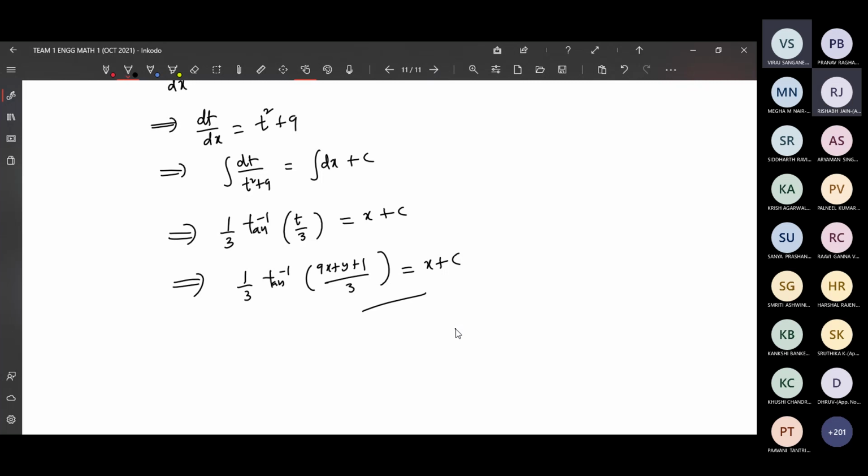Yeah. So what if we let 9x plus y equal to t instead of 9x plus y plus 1 equal to t, so that I get an explicit function? In that case, what are the changes you are getting? Sir, I'm getting x plus 1, whole square plus 9, t plus 1 whole square you have to write, right? Sir, in this case also we can make it explicit, right? We can take tan on both sides. Then on this side only 9x and y are left. So take the x to the other side. On the left hand side we will have only y and on the right hand side only x.